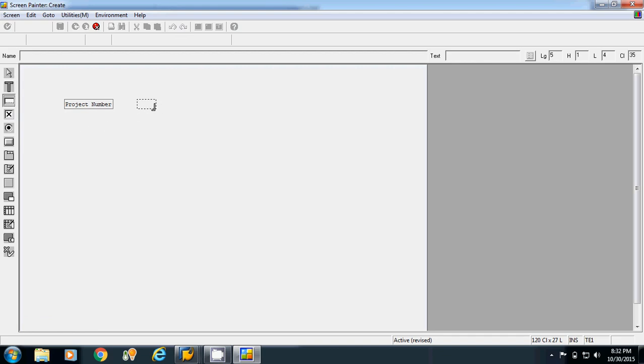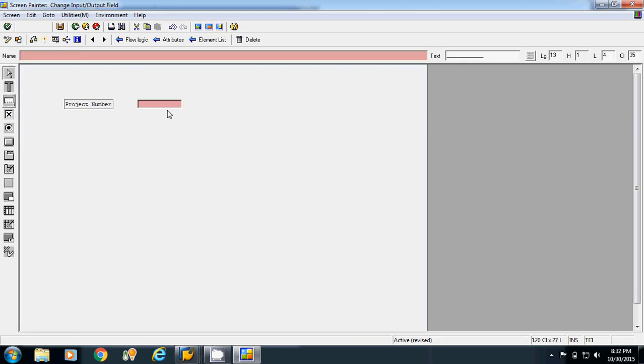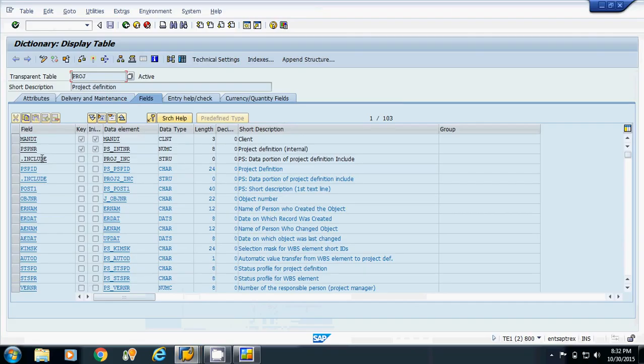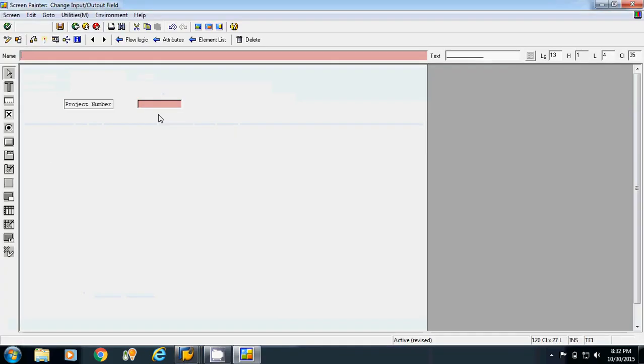Now I will make one input field for the project number. Suppose project number is my PROJ table's PSPNR field. So I will write it here, PROJ table, and the field name is PSPNR.